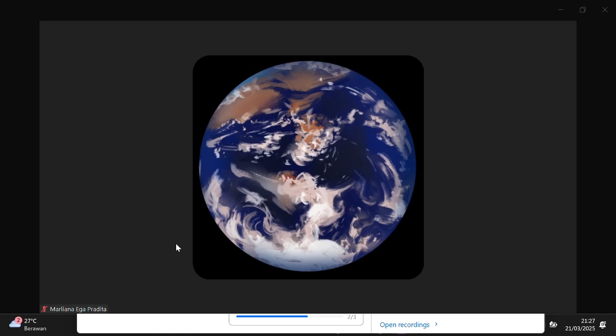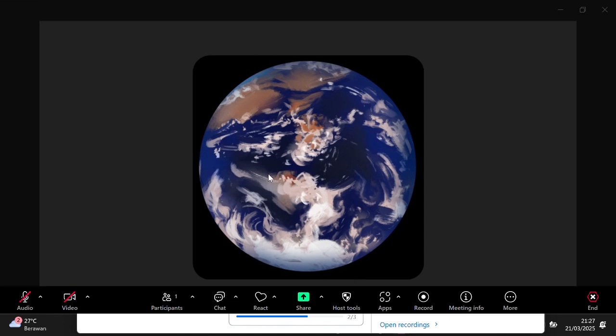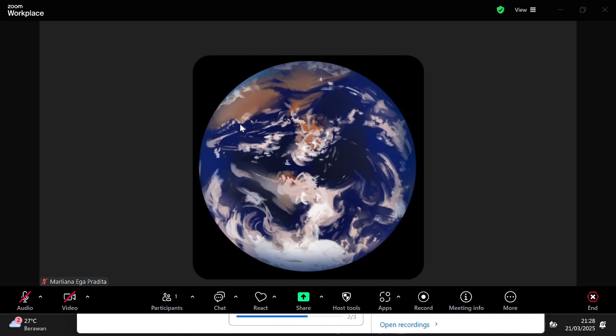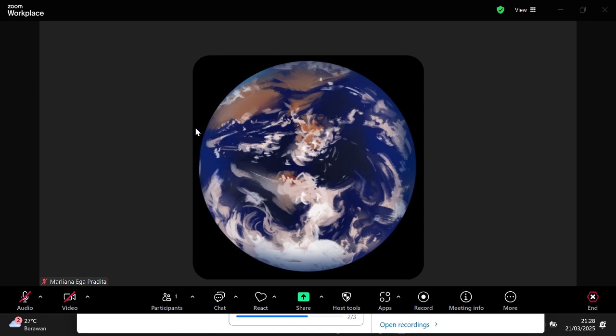In today's tutorial, I'm going to show you how you can change video and camera settings in a Zoom meeting application. Okay, let's get started guys. Here I have created a virtual meeting and I'm going to change the video and camera settings during this meeting. If we want to go to the video settings, we can go to the video menu here and